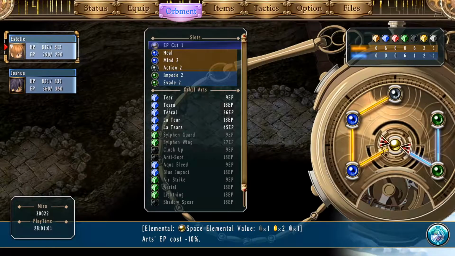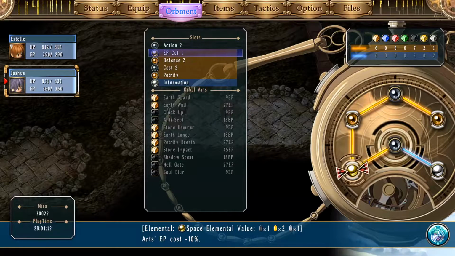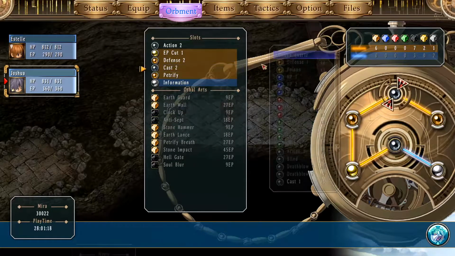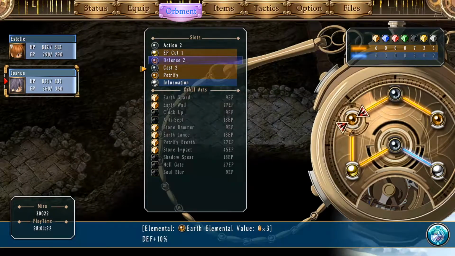Okay, I think I will go with this loadout. Estelle is now our primary caster and our healer, so congratulations Estelle, you're the new Chloe. And Joshua now has Earth Wall, but he can still cast some other stuff too, some Earth and Time things. Sadly, I didn't have room to give him Deathblow 1, at least not without sacrificing Earth Wall or casting Time